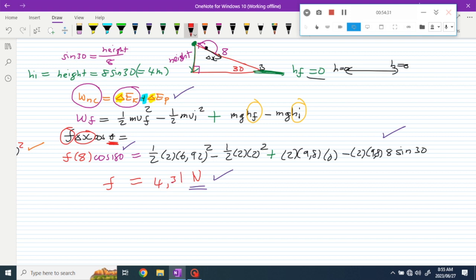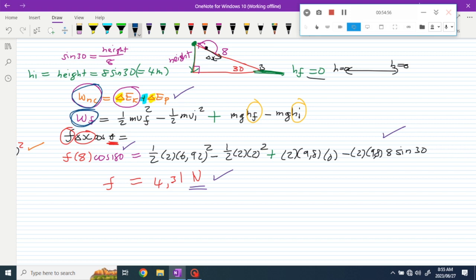Okay, anything else? Yes. The formula that you substituted into has work done by friction on the second step. Does that mean the work done by the non-conservative forces is equal to the work done by friction? Correct. Yes. And on that note, guys, if you identify that the only work done by non-conservative forces is the work done by friction,